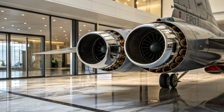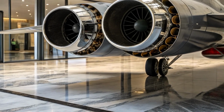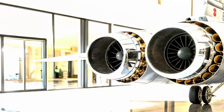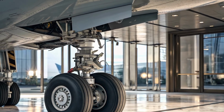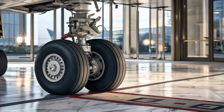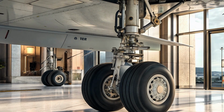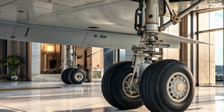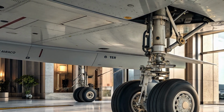Now, let's talk weapons. The J-10C carries a diverse arsenal that makes it highly versatile. For air-to-air combat, it can deploy the PL-10 short-range missile and the PL-15 long-range missile. The PL-15, in particular, has drawn significant attention from Western analysts. With an estimated range of over 200 kilometers, it outclasses many existing air-to-air missiles and could potentially challenge even the American AIM-120 AMRAAM. This missile, combined with the J-10C's radar, makes the jet a serious threat in beyond visual range